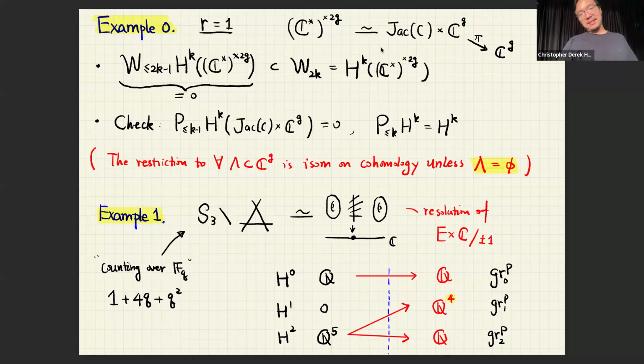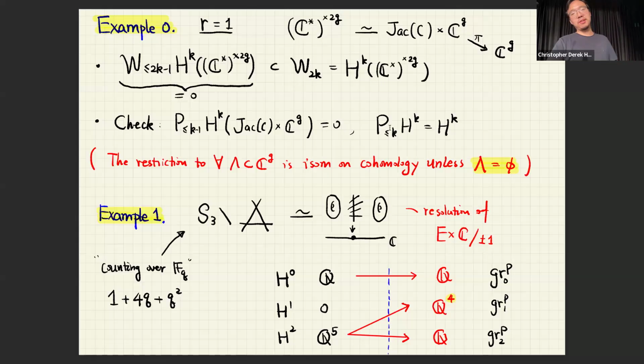Okay, but we can also do the calculation for the other side. The Hitchin map on the other side is basically the projection of the Jacobian variety of this curve, which parameterizes line bundles, cross C^g, which parameterizes Higgs fields, which are holomorphic differentials. So holomorphic symplectically, you can think of the right-hand side as the total space of the cotangent bundle of the Jacobian variety of the curve. In this case, the Hitchin map, which is the affinization map, is just the projection to the second factor, C^g.